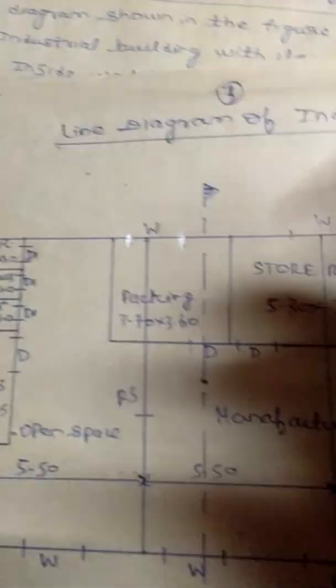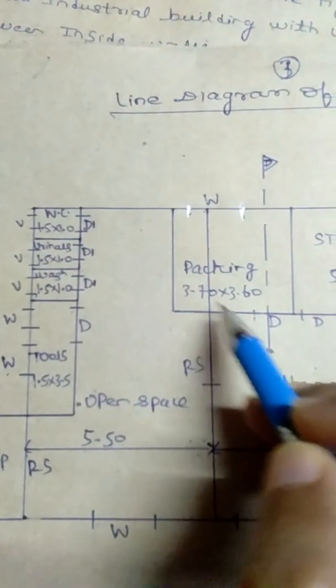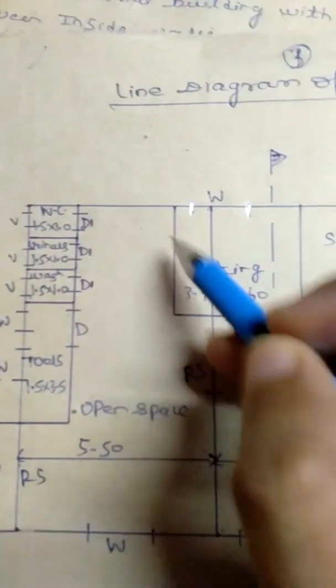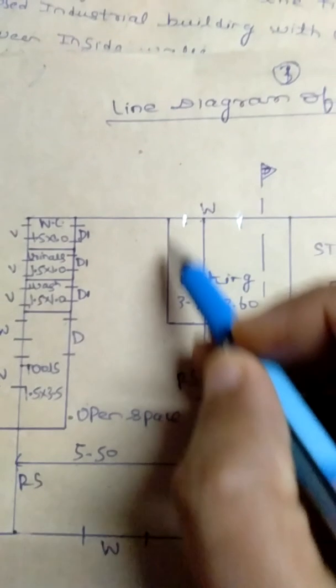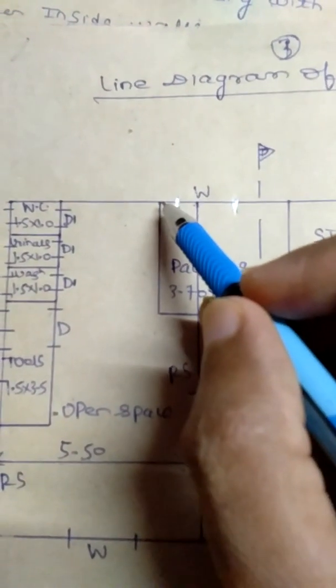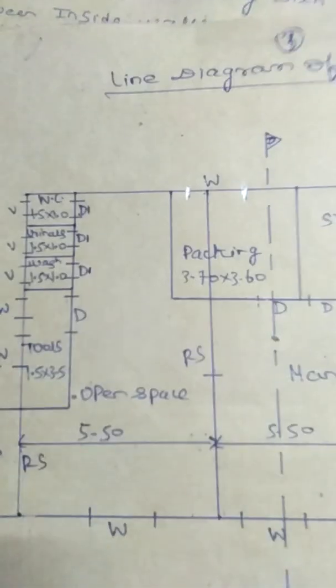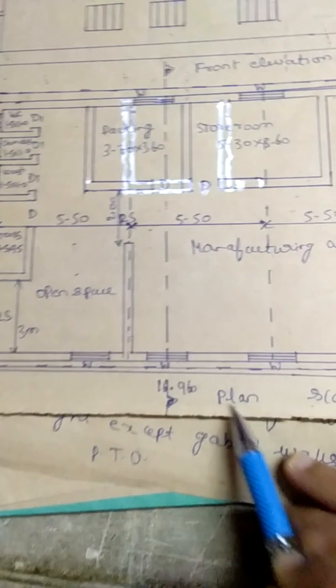So let us see the plan. So if you want to draw the plan of this, just give the wall thicknesses wherever necessary. So in the line diagram, all the walls are indicated by single line, but in the plan we are going to indicate the single lines by double line. That is, we are going to show the wall thickness. So that is the only difference here. So you can see here, this is the plan, okay.